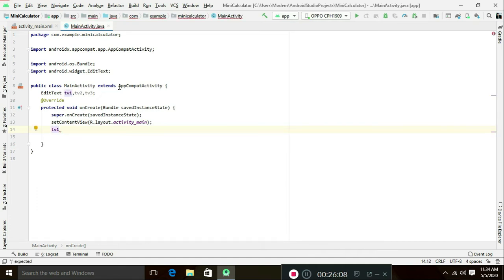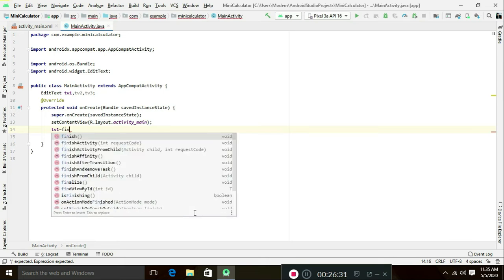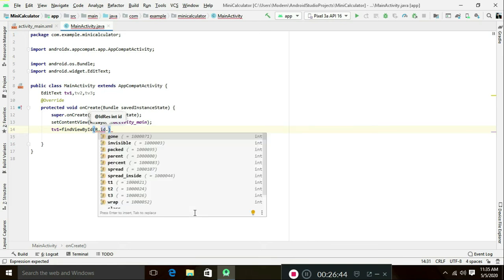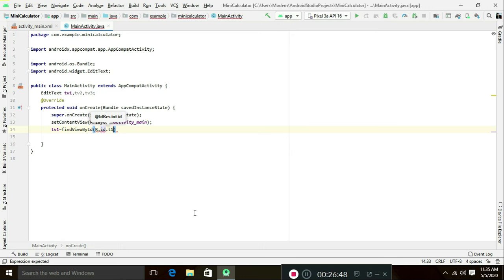Just type the first letter and it will suggest. Click on it or press enter, because it automatically imports the library package in your file. Then R.id.t1 semicolon.